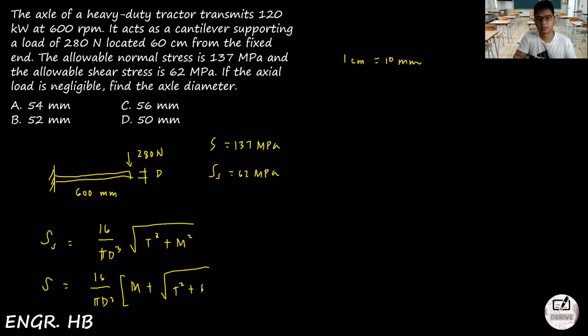T squared plus m squared. Alright, so from there, we can find the diameter, which is what the problem is asking for, the axial diameter. And of course, before that, we have a given stress. The problem is, we have no given twisting moment and bending moment. But way back on the first sentence, it says, the axial of a